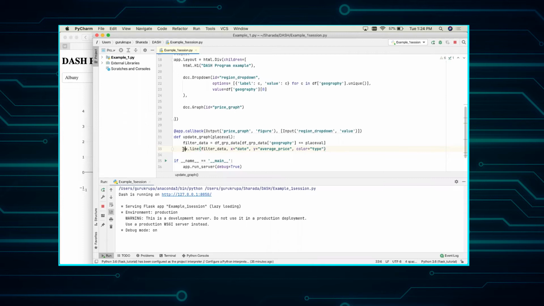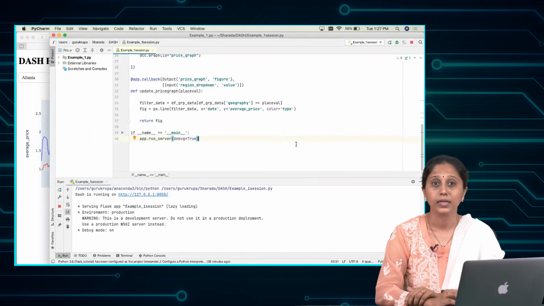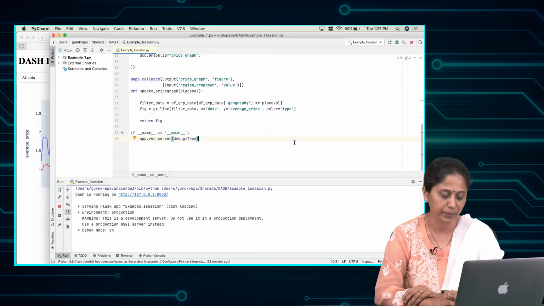We will save this into a figure variable and return figure. Let us save and execute this program and see how our dynamic graph works on the app.